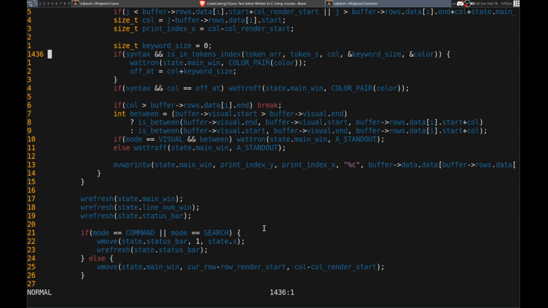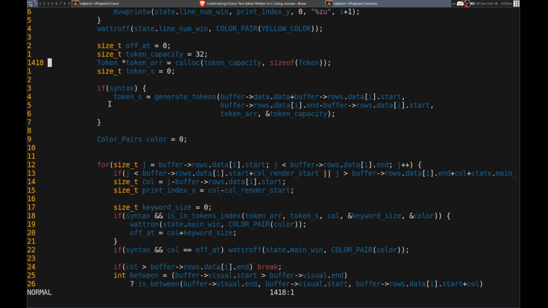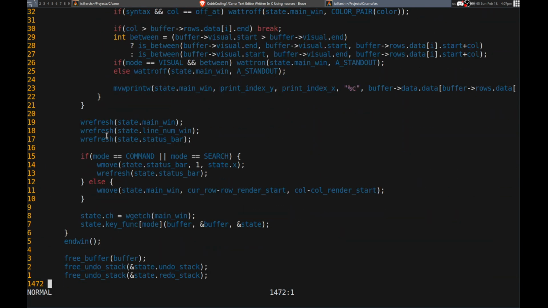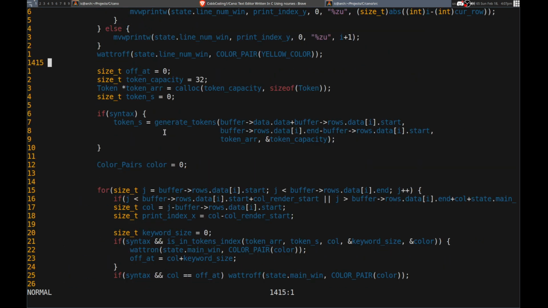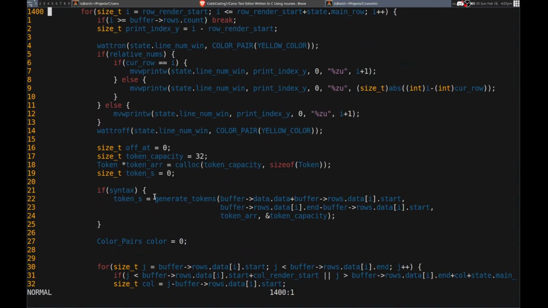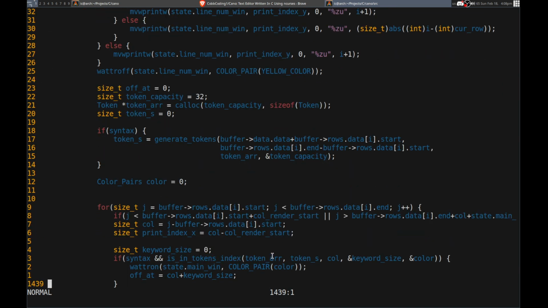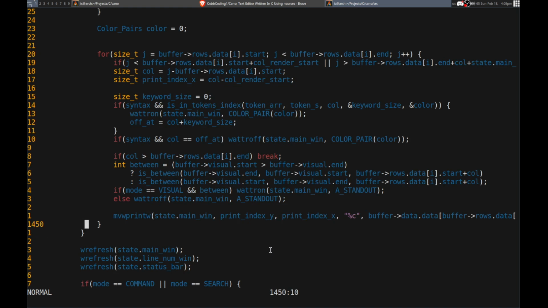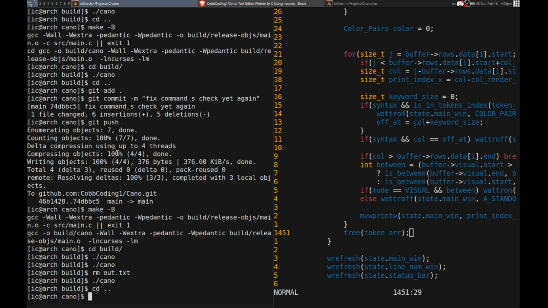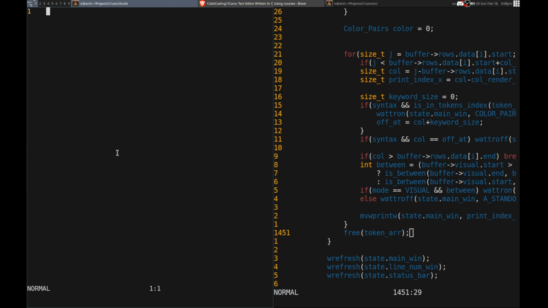We free it, right? At the end somewhere. Here, where is it? Free. What is it called? We don't have that. Why do we not have that? That's kind of not good. Oh, we might free it in... No, because we use it after that. So we want to free it like at the end here. Right. Like that, I think. That's kind of important, so otherwise, we get memory